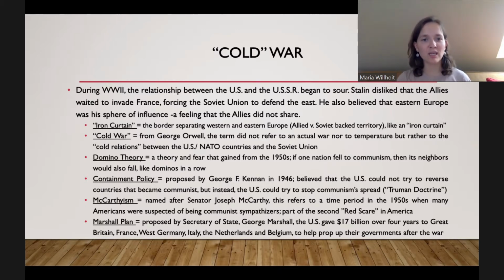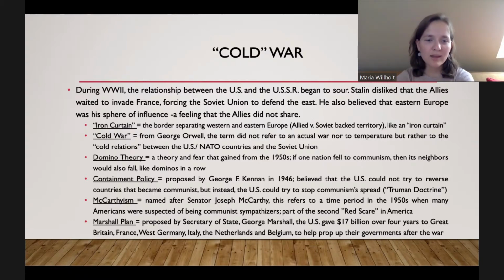And Truman actually gives money to Greece and Turkey to help fight, I think it was communist forces. I'm not sure if they were directly from the Soviet Union, but there were forces trying to take over Greece and Turkey and turn it into a sphere of influence for the Soviet Union, try to turn it communist. And Truman actually gives $400 million to Greece and Turkey to fight these forces. So it's the very beginning of our containment policy, giving money to other countries to fight communism.